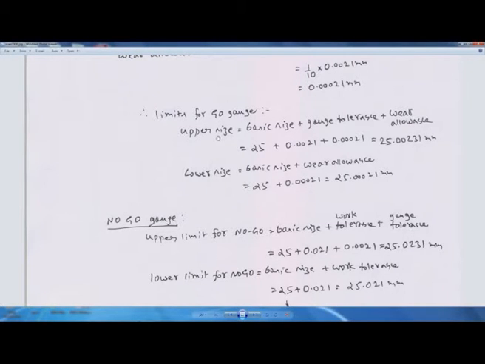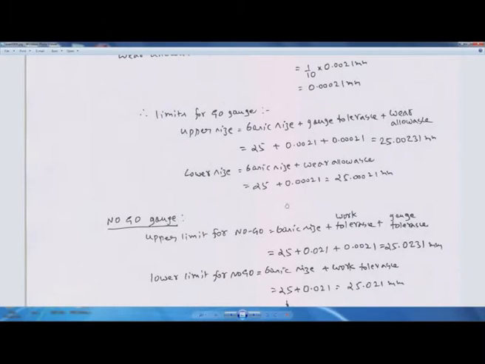So, upper size of the go plug gauge will be basic size plus gauge tolerance plus wear allowance. So, basic size is equal to 25 millimeter, gauge tolerance is 0.0021 millimeter, and wear allowance is 0.0021 millimeter. When we add these values, we get the upper size for the go plug gauge, that is 25.0023 millimeter, and then lower size of the plug gauge will be equal to basic size plus wear allowance, that is